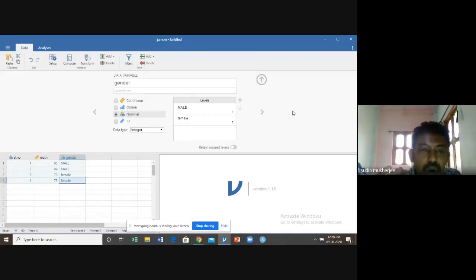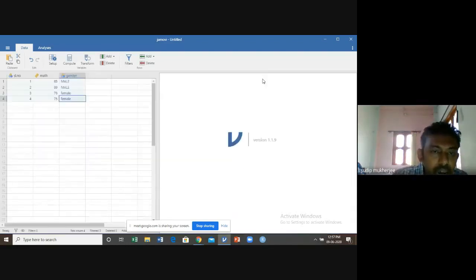This is the basic introduction of data entering into Jamovi. Just like when you enter data in Excel, this is the same way you put your data. But what is the benefit over Excel? In Excel, you cannot mention your variable type, whereas in Jamovi, you can mention your variable types also.